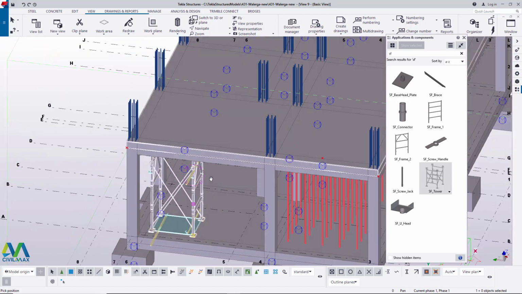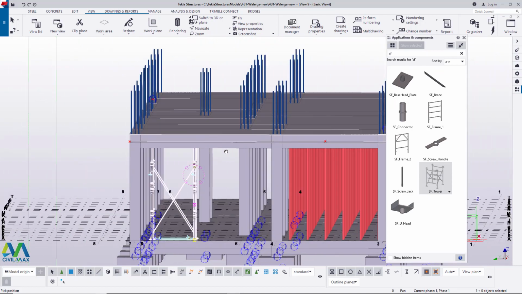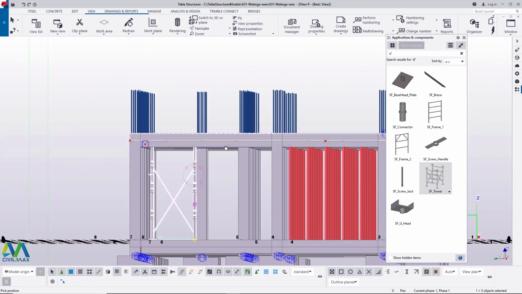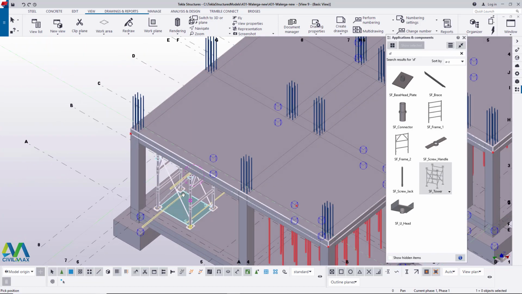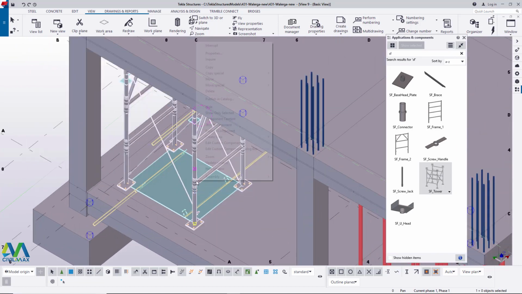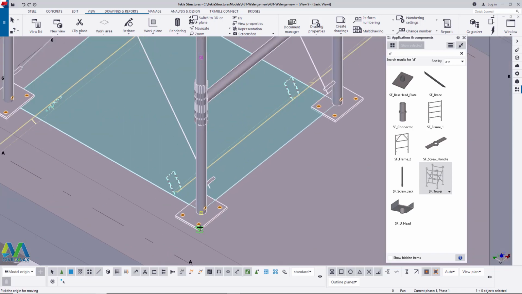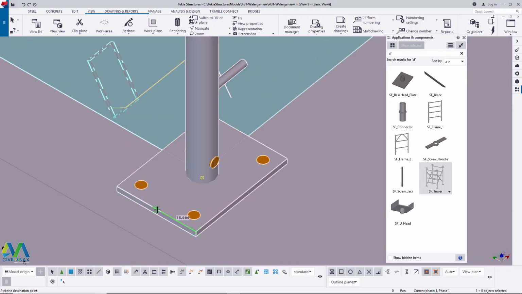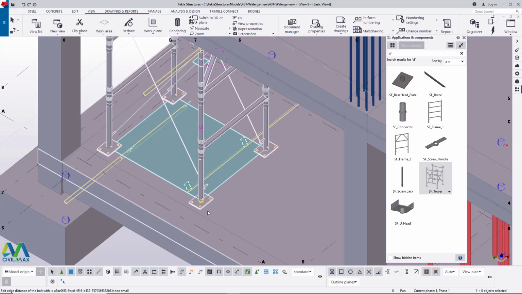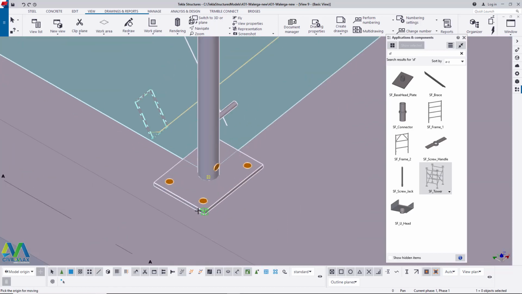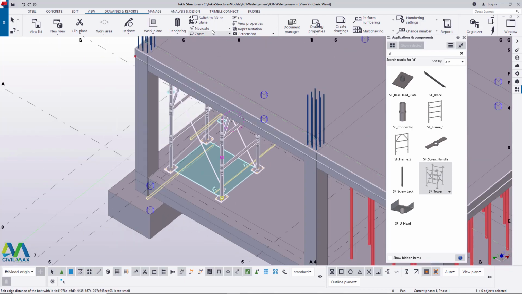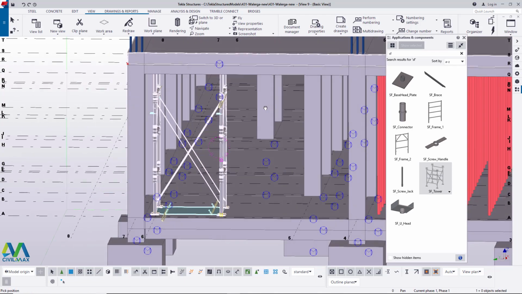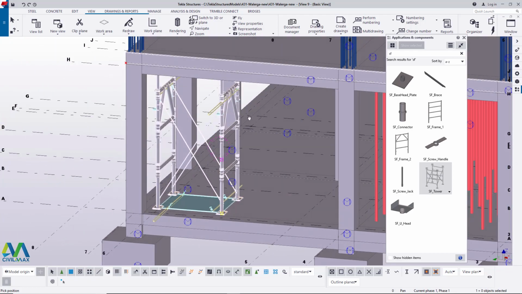We want to populate this in this direction. So first of all, make sure that there will be no clash with other parts or with other columns. Now again, we'll come here, right click and come to move, and move it slightly in another direction. We just move it from that point to that point, and I assume that it will not clash with any part of our structure, and add another movement. That will be okay. Then come to navigate and rotate that, and that's perfect, and we can go ahead and